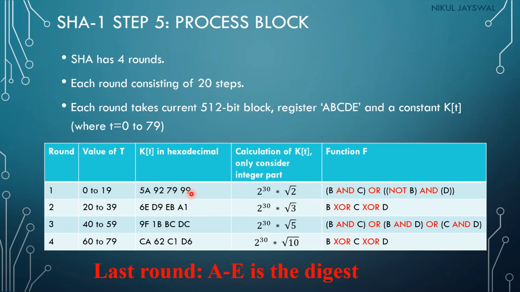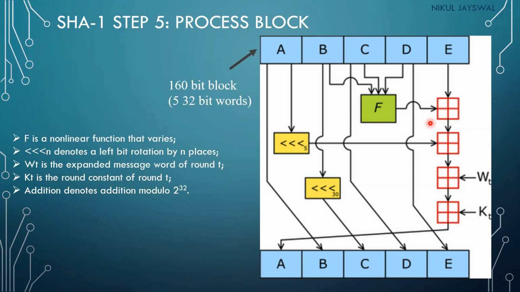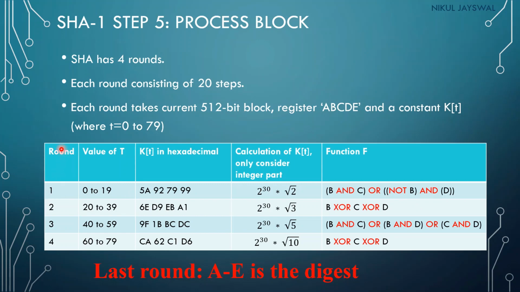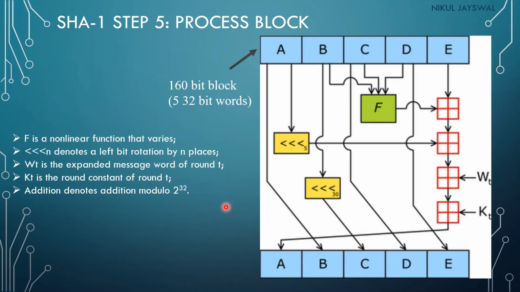How has this value been identified? It is 2 raised to 30 into the square root of 2. That will give us this hexadecimal value. And what is the function? For the rounds 0 to 19, this function will be executed. This is the function for B, C and D, and this is the Kt. It is not mandatory to remember the value of Kt and the function F, but you need to remember